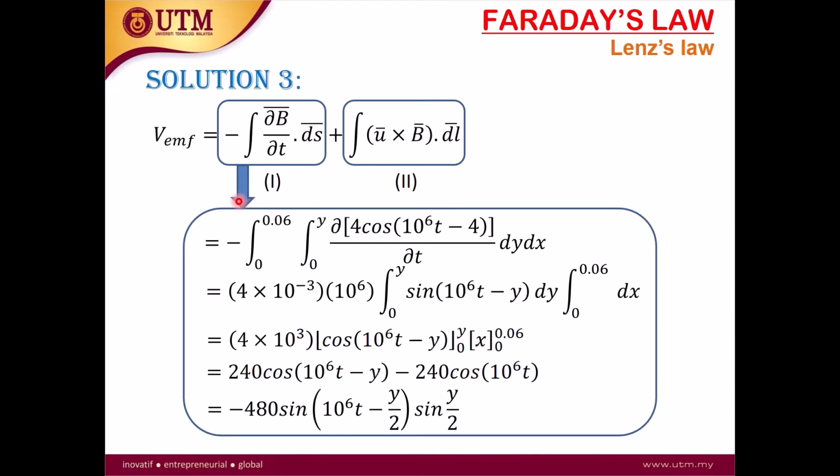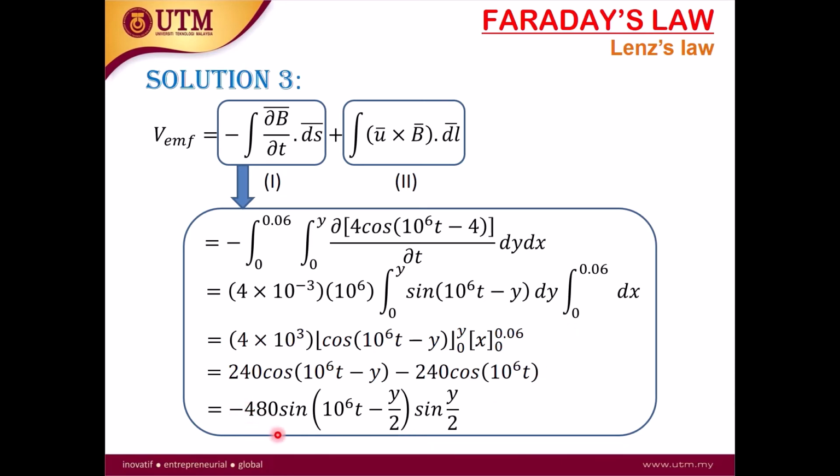Right. Now we have the del B over del T, and the ds is basically dx dy. So the negative sign shows the Lenz's law. We have this is our B. We have to differentiate with del T, and then our dx dy. So the limit is from 0 to y for y, and x is 0.06. Why we have y here? Because when the slide moves, it is at a certain y. This is the coordinate or distance, a certain y, because it's moving. So we leave it as y, and when you solve this, you got the final answer to be